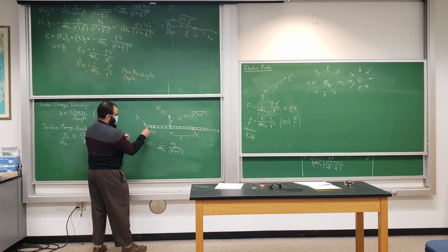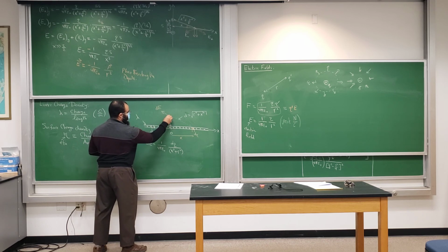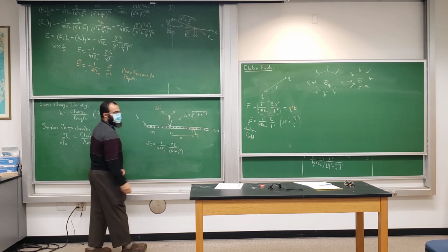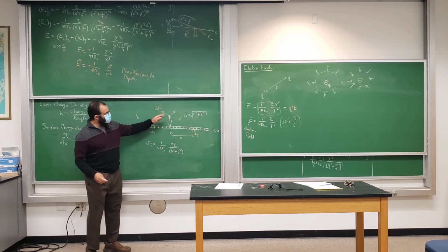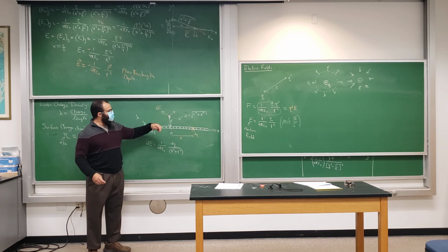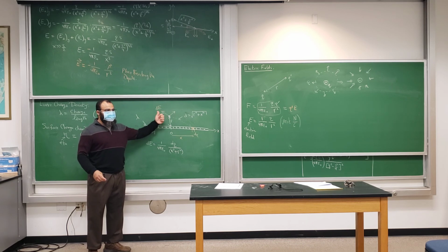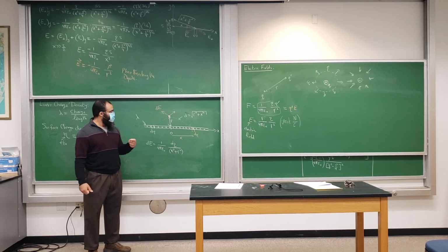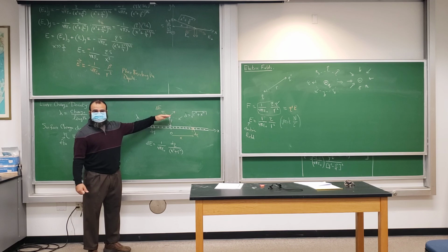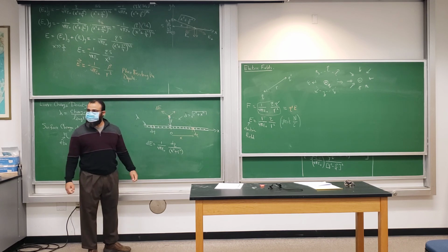But it will produce an electric field away from itself in this direction. So one of them produces an electric field to the right and upward, the other one produces an electric field to the left and upward. So the left and right components cancel each other because they have the same magnitude, the same angle, but one of them is in the positive direction, the other one